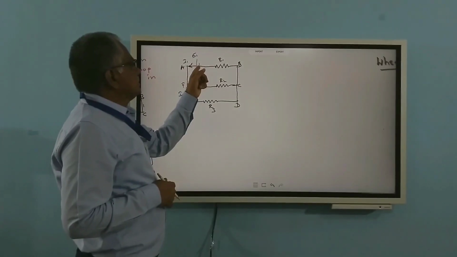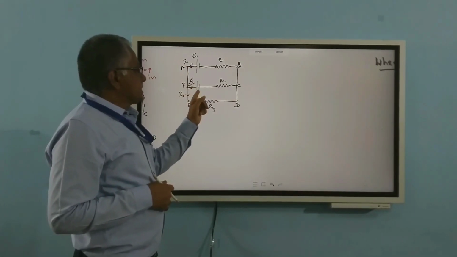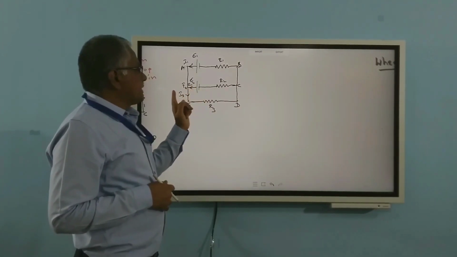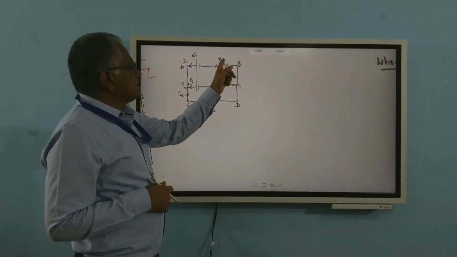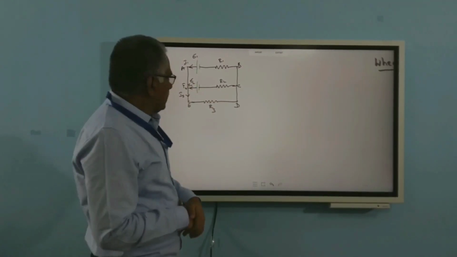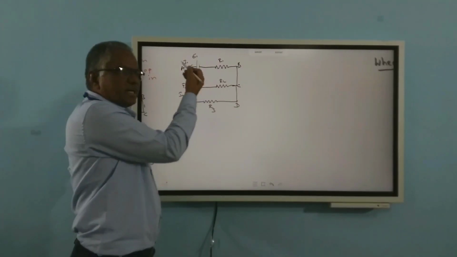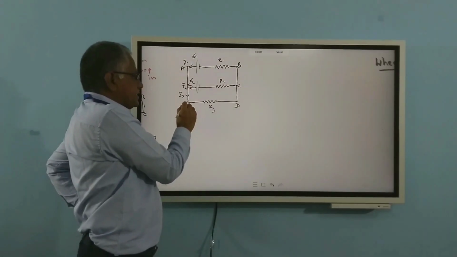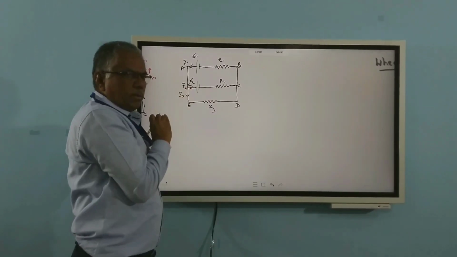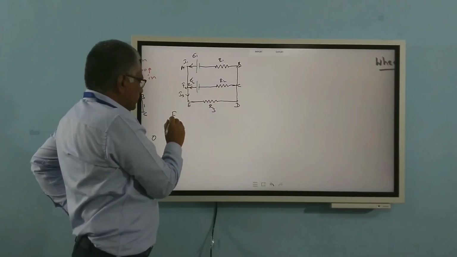Here, from the cell E1, I1 current is passing through this one. Let's say E2 and I2 current is passing. These two are connected to the resistors R1, R2 and R3, 3 resistors being connected. Now, let us take how many junctions are there. At this junction only one current is coming and another current is going. At this junction, one current is coming, one current is going out. There is no problem.